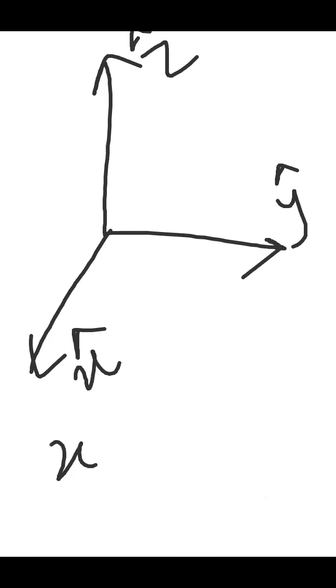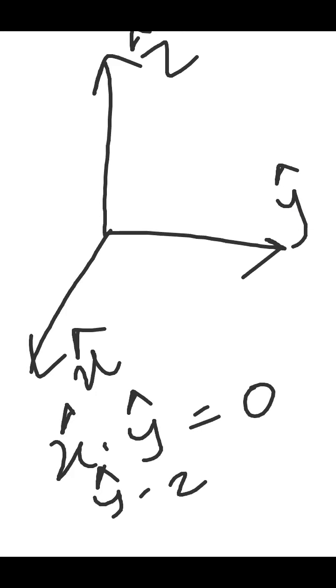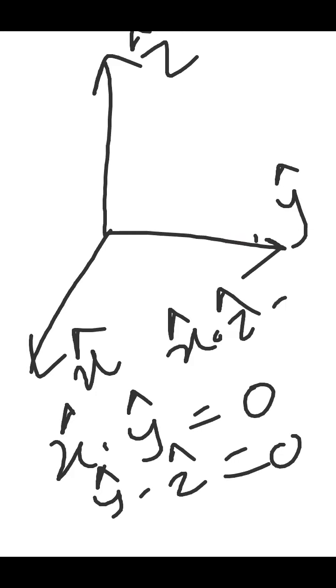In our coordinate system, we are taking x cap, y cap and z cap. Please somebody tell me, if I calculate x cap and y cap, what will be the answer? 0, because there will be no component of x cap in y cap. They are exactly perpendicular. Similarly, y cap with z cap, the answer will be 0, because there will not be any component of z on y. Or if we calculate x cap with z cap, then the answer is 0. What is the meaning? There will be no component of this one in this.